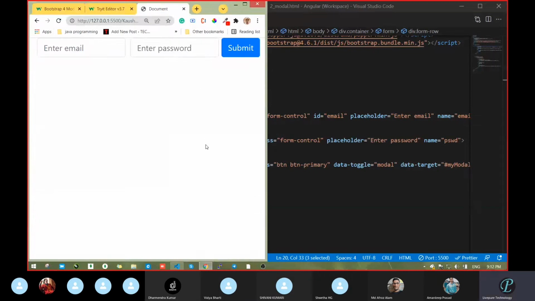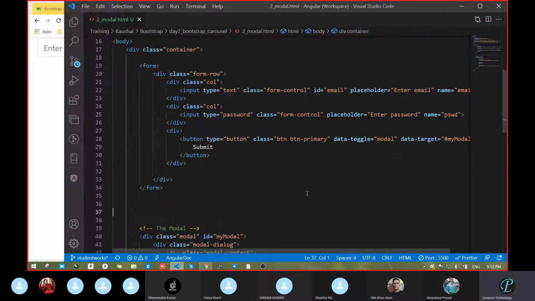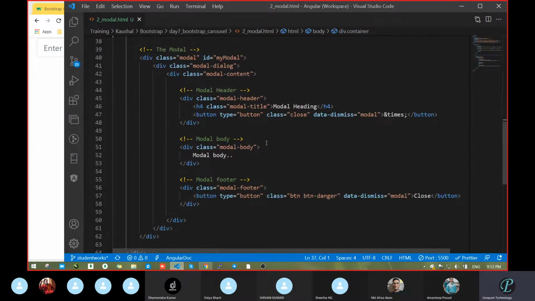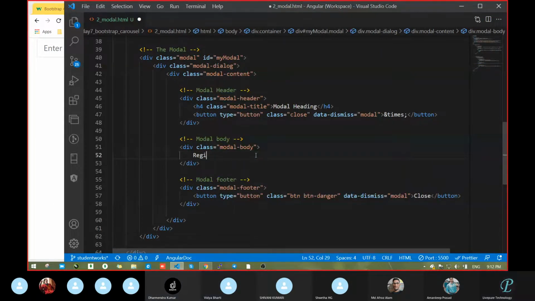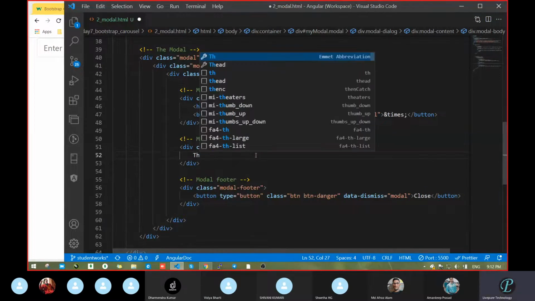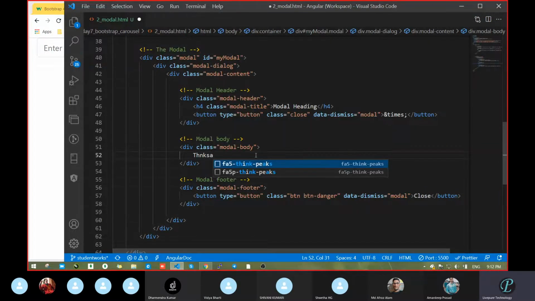So now see, what you're thinking here, we got two fields. One is the submit button. When you click submit, how do you want the modal, what all data will be available on the modal when you submit any registration form? What will you show? Can anyone say, if you submit any form, what message do you want to display for the user? Submitted successfully, sir. Fine. Thank you for registering. Registration. Yeah. Thanks for registration. Is this spelling correct? Thanks.